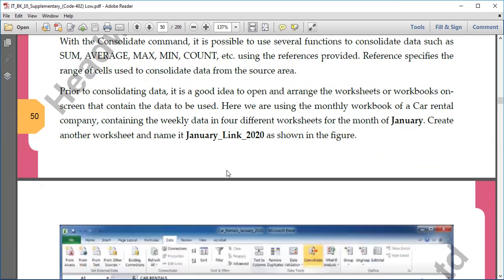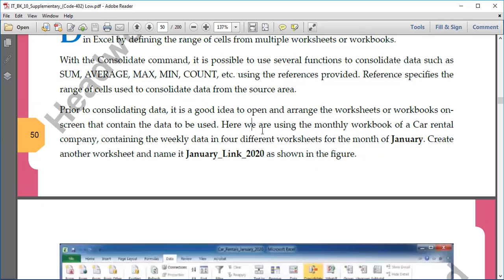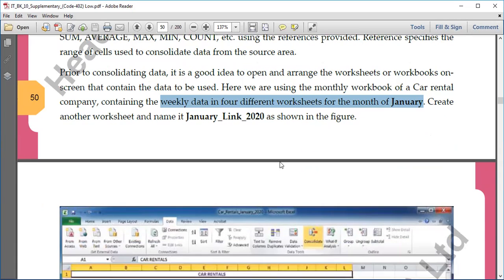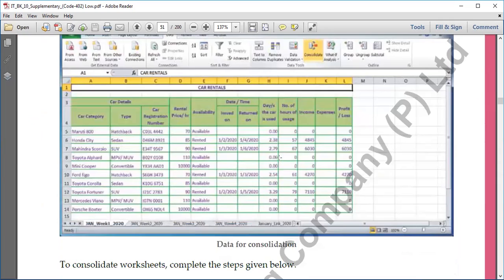Right now, there is an example given here. There's a workbook of a car rental company, and it contains the weekly data in 4 different worksheets of the month for the month of July. So there are 4 worksheets in which the data is shown, like you see, January week 1, January week 2, January week 3, January week 4.